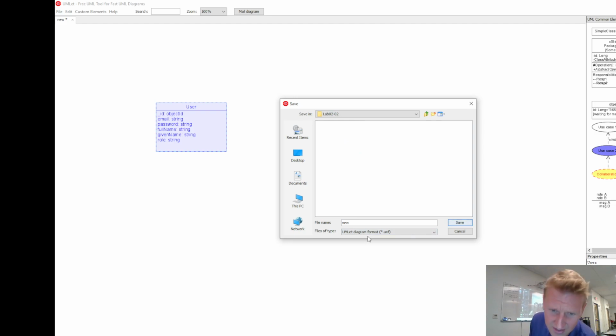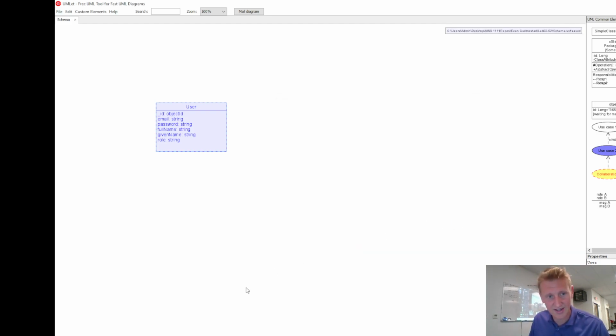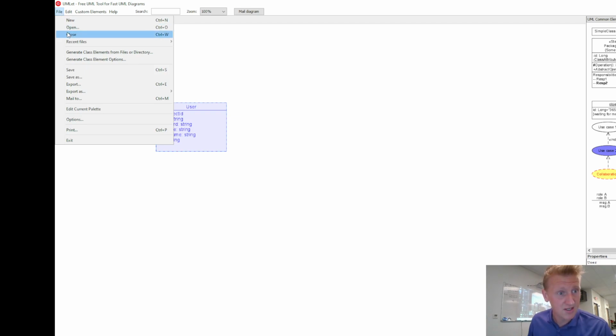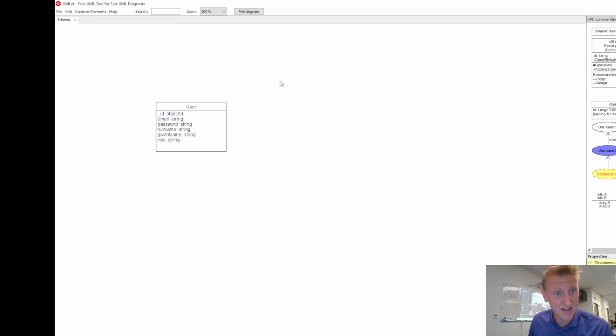Notice the format is an Oomlet diagram format, or UXF. So I'll just call this schema.uxf. Okay, and this is saving it in a file format for Oomlet, but you might also want it in a JPEG. So if you want to actually save the image,